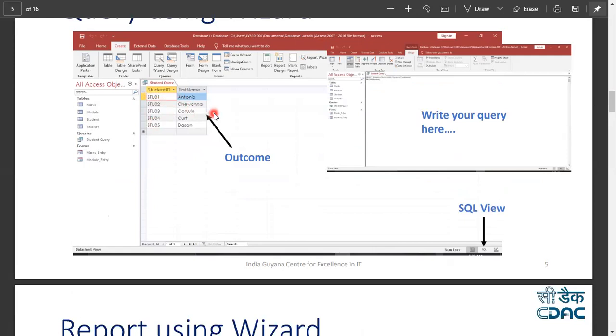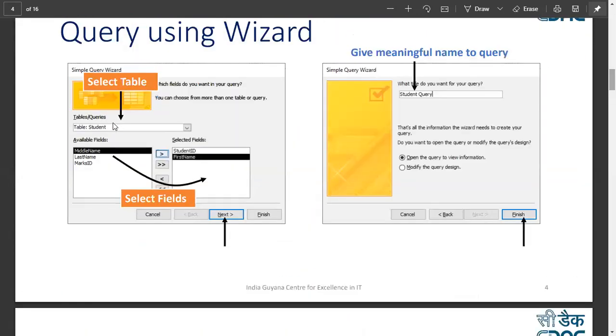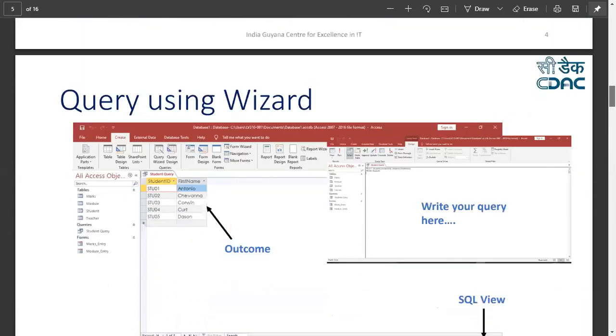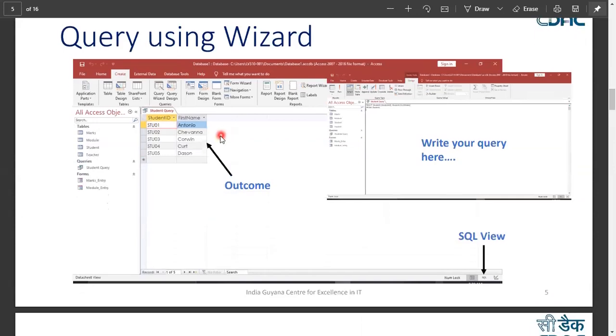So if you remember, Telvin and other students, we executed a query with the help of a select statement, where we specify the column name. So we write select student ID, comma, first name from student table, right? So if you see in the wizard, we have a student table, and we identify two columns here that we want to see in an outcome, that is first name and student ID. So you will see here student ID and a first name. That is your outcome.